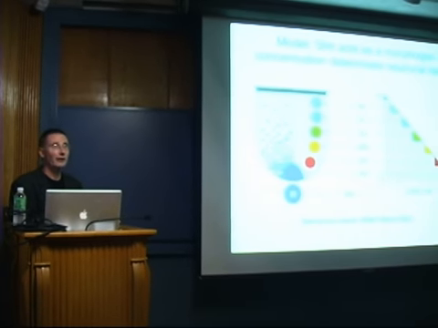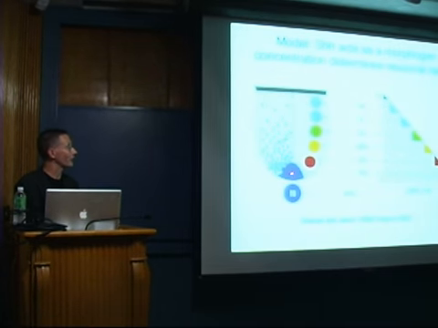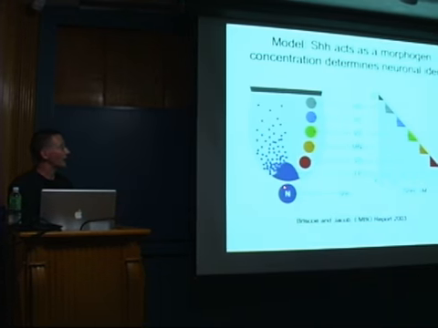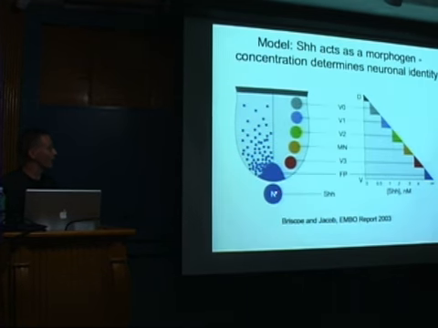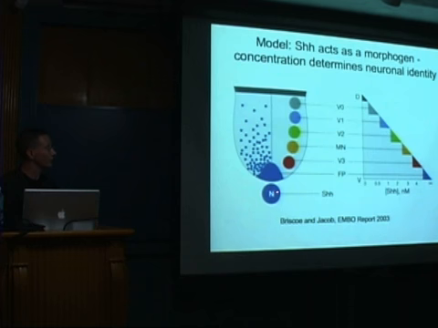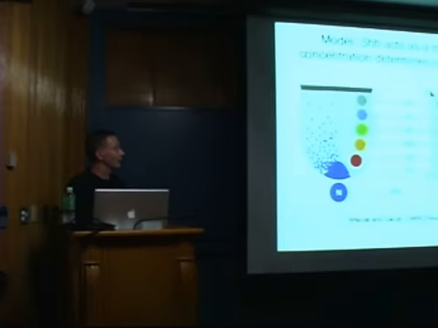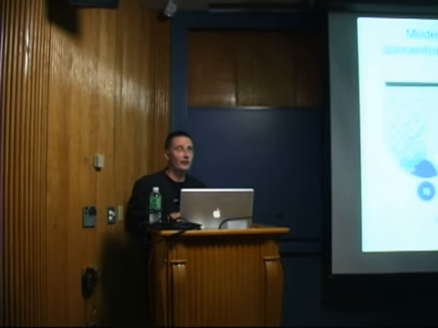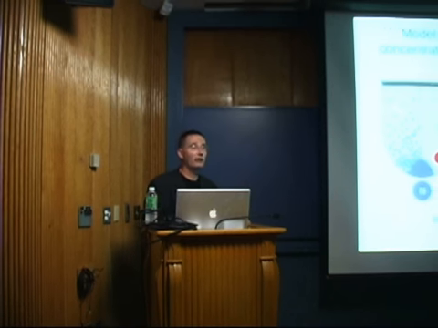And this view has a localized source of sonic hedgehog. Actually, it initiates not from within the neural tube, but from a cell population that underlies it, a rod of mesoderm called the notochord. And from there, the signal arises and forms a diffusion gradient, and cells sense the concentration of this, and at different concentrations activate different transcriptional regulators that will lead to the specification of distinct types of